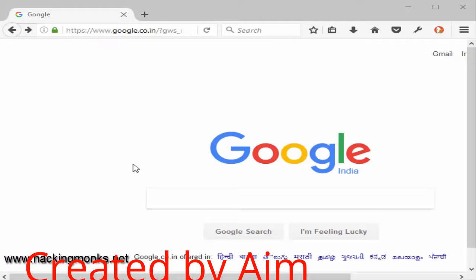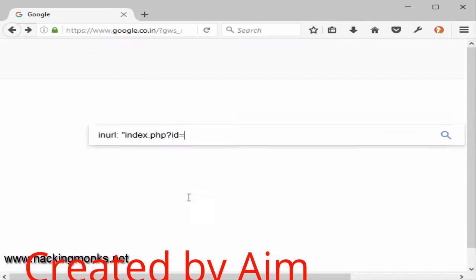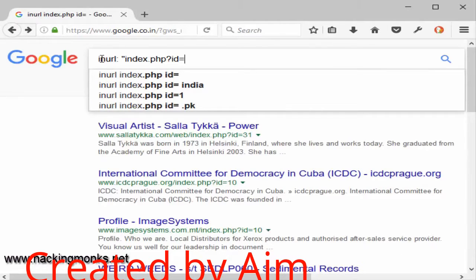Well, let's say I have already made a video on SQL injection, and in that video I used some payloads to find vulnerable websites, right? The same here. What you've got to do is insert a payload, a Google Dork. Let's say this Google Dork: inurl:index.php?id=.